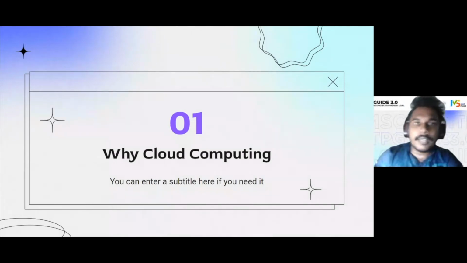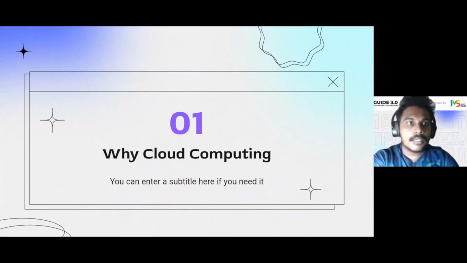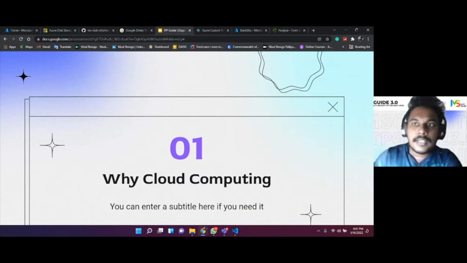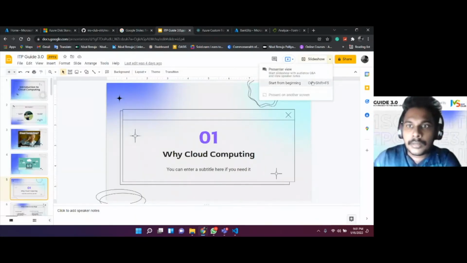So actually why are we using cloud computing? The main reason is, just imagine, I'm also using Google Slides, right? Why am I using Google Slides? The main reason is, just imagine